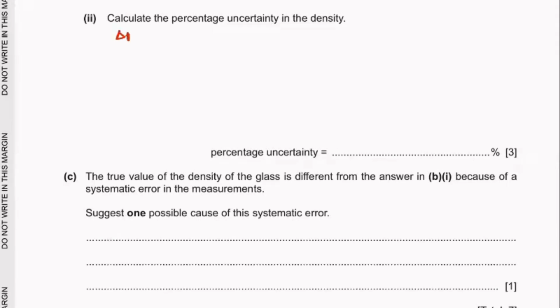What is the formula for fractional uncertainty? Absolute uncertainty divided by actual value. The formula for density is rho equals mass upon volume, or mass upon length into breadth into height. So the fractional uncertainty will be,